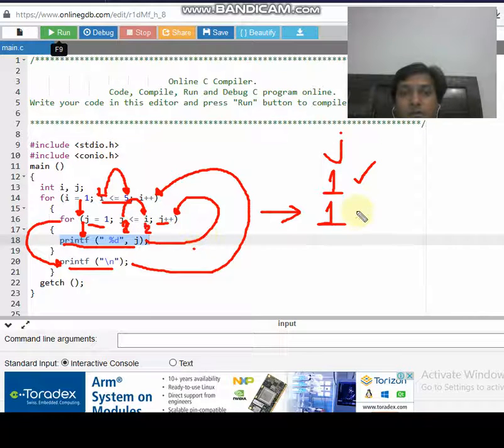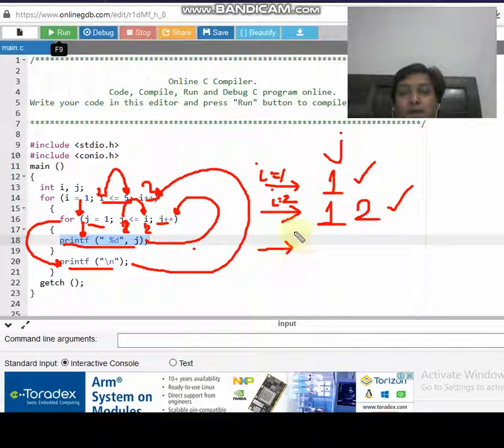So the value of j becomes 2, and for the second time, j gets printed as 1 and 2. So the value of i is 2, the value of j goes up to 2. When the value of i was 1, the value of j went up to 1. Similarly, when the value of i becomes 3 for the third time, the value of j again starts from 1 and goes up to 3, printing 1, 2 and 3,